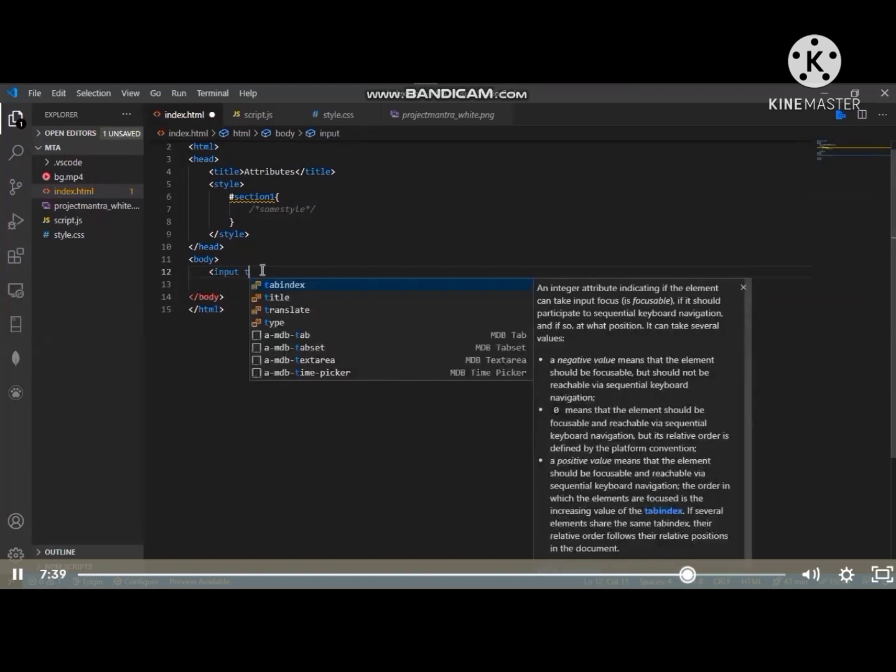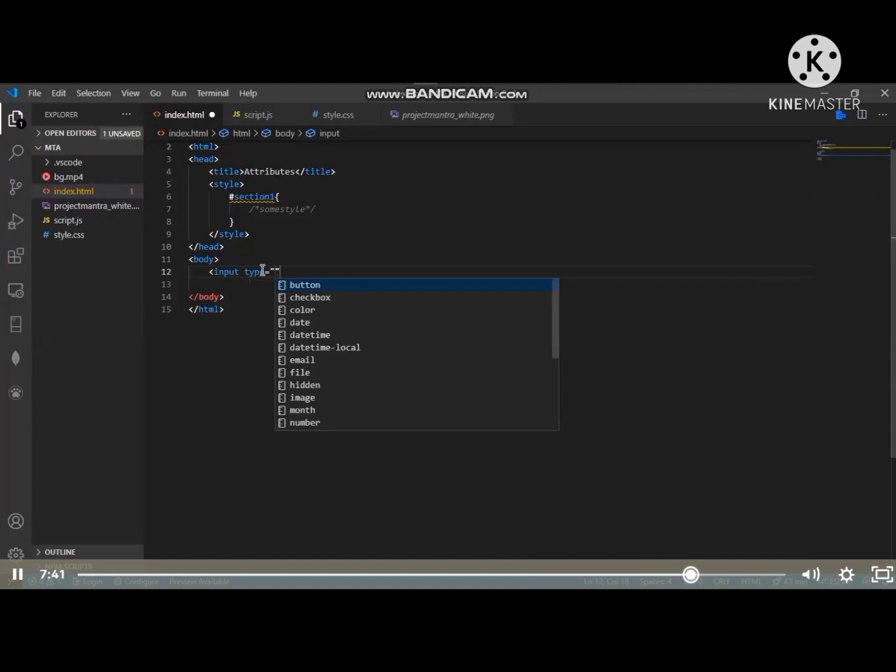Data type is equal to text, value is equal to 20 and hyphen action. So in place of star, we can add any user defined values. For example, data check. So what this will do is this will pull some values that